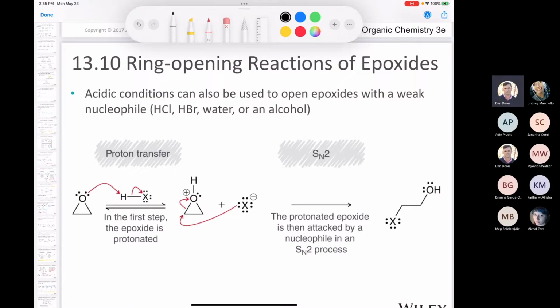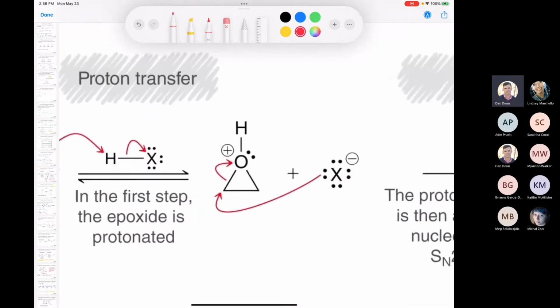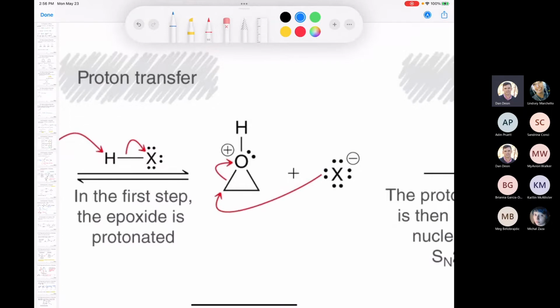So check this out. It says acidic conditions can also be used to open an epoxide with a weak nucleophile, like chloride, bromide, water, or an alcohol. And of course, the nucleophile from HCl would be chloride, bromide, and then water or an alcohol. So how is that going to work? Well, the first step is going to be a proton transfer onto the oxygen of the epoxide. And now that you've created this oxonium,